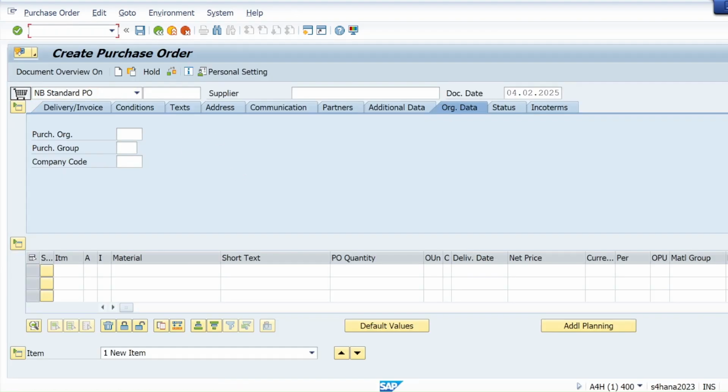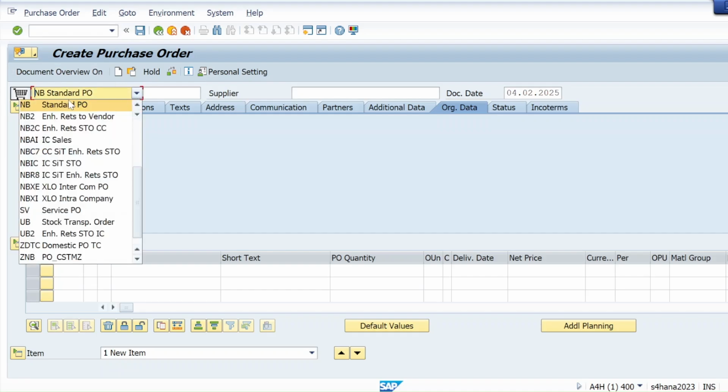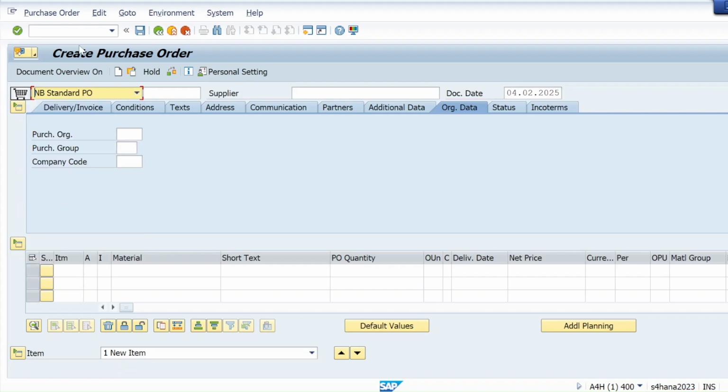And if our client just wants to see domestic POs separately, import procurement separately, service procurement separately, or any category he has made, then as a consultant we just need to configure a document type for that, configure the number range for that, and assign that document type to that number range, and that's done. While creating a PO, the end user or employee just needs to select a document type from here, and once he creates a PO, it will be considered as whatever document type the employee has selected, right?